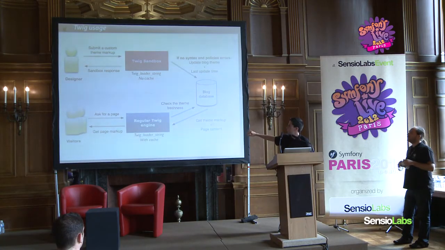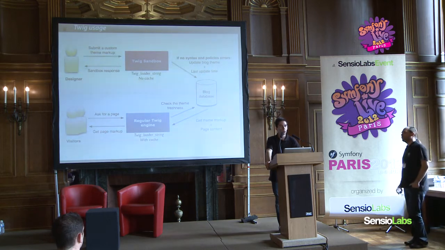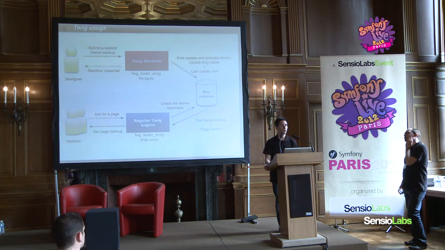So that's why we excluded the sandbox. If you see, on one side you have the database, the theme markup, and the page content. The theme markup is the theme designer part, which is controlled. And the page content is what Overblog injects into it, meaning the content of your article or your list of articles. There we also go through Twig, and maybe also through methods.